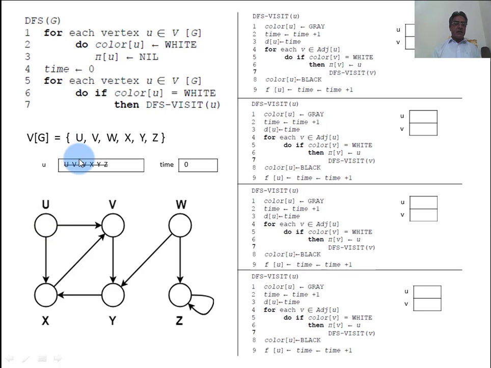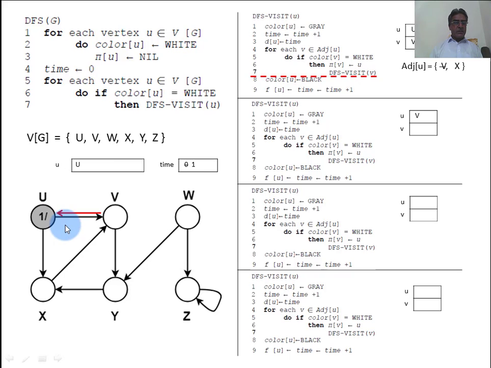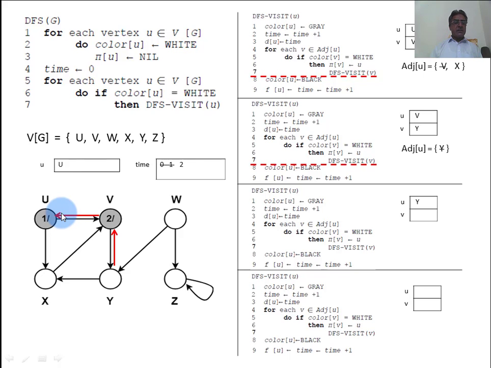Then we have taken the second value V, which has overwritten U, and here V has color white and its parent is nil. When we make the parent of a node another node, then we will draw a reverse edge with the red color. You may see it here. When we have made U the parent of V, we have made a reverse edge with red color. This is the notation.